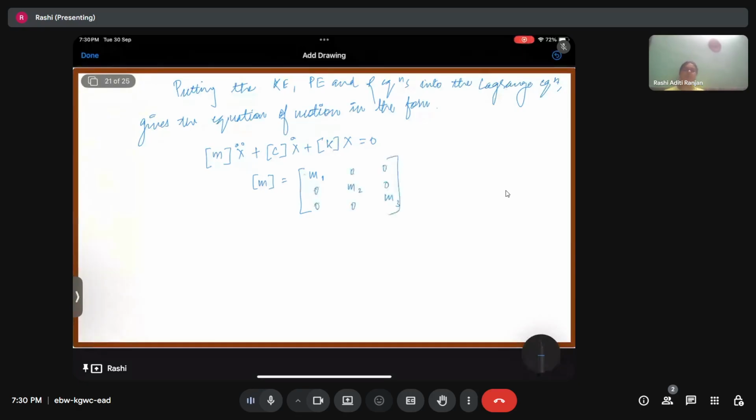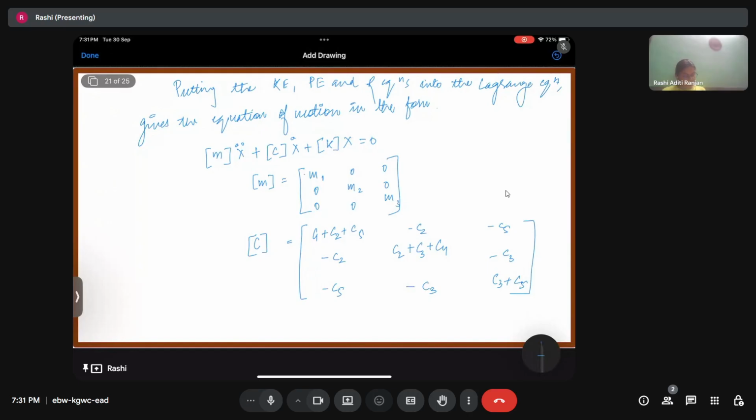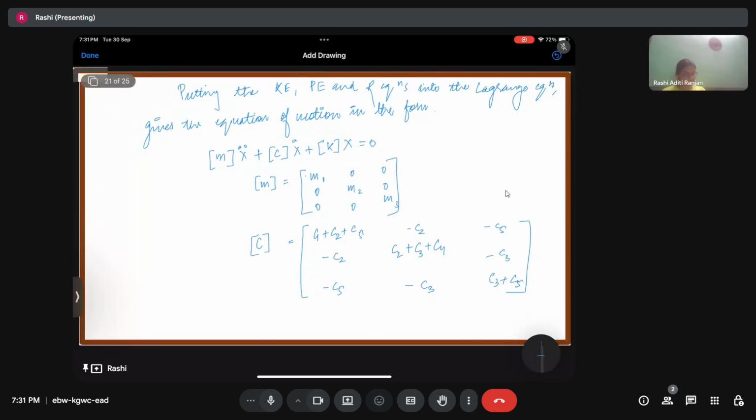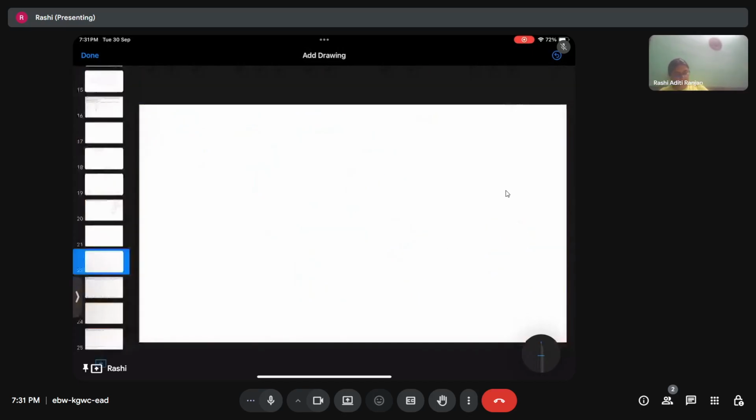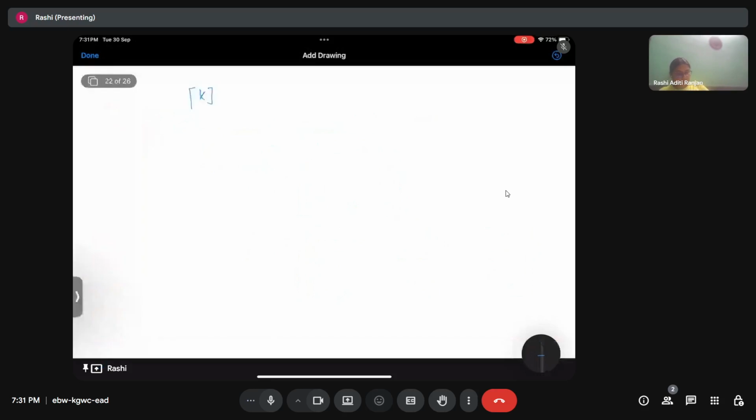Definitely it is going to be a 3 cross 3 matrix because it's a 3 degree of freedom system. C will be: C2 plus C3 plus C4, C3 plus C5, minus C2, minus C2, minus C5, minus C5, minus C3, minus C3. And the last, which is the stiffness matrix, it will turn out to be K1 plus K2